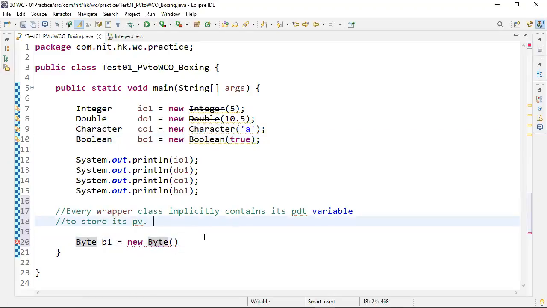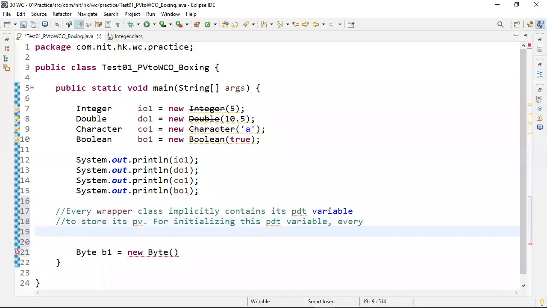Next, for initializing this primitive data type variable, every wrapper class provides a parameterized constructor. Tell me, what is that constructor's parameter type?